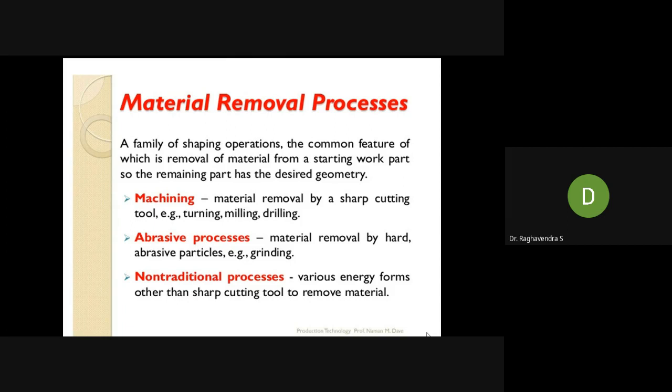Whenever it rotates, it removes the material in the form of chips and creates a hole. The size of the hole depends upon the drill bit size. Whatever diameter is required, you can choose the drill bit accordingly. Similarly, in milling and turning operations, you remove the extra material.